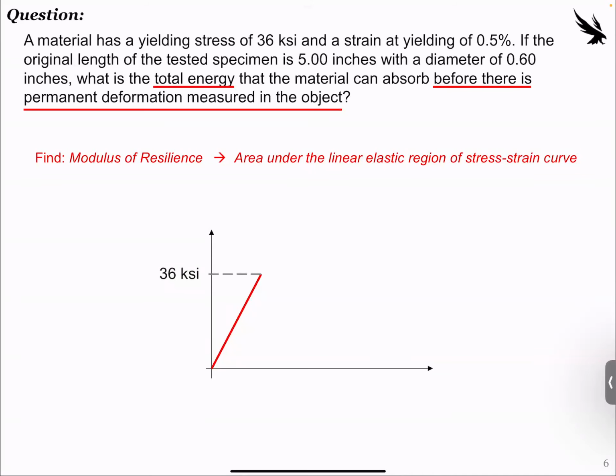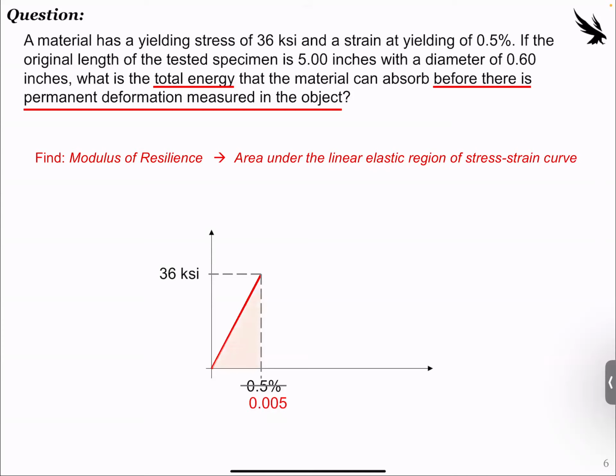So we know this is our 36 KSI. The resulting strain is 0.5%. But we don't show these terms in percentage. We need this in units over units. So this will be 0.5 divided by 100, so 0.005. And the original length and the diameter really is just kind of to throw you off here. So this information might be needed for another part of the question, but in this specific case, we're given all